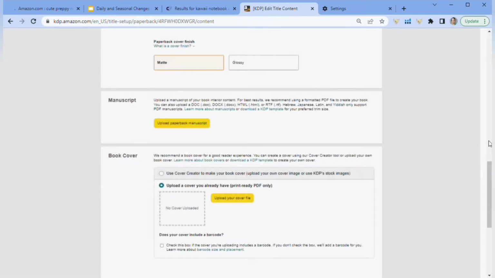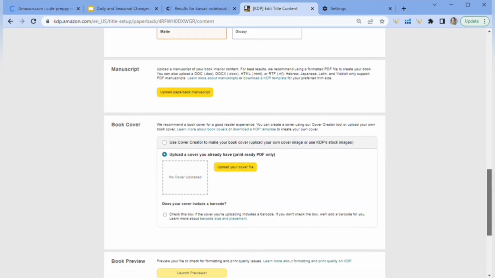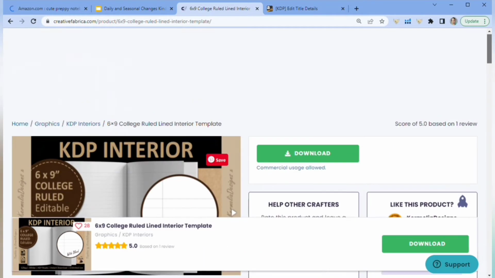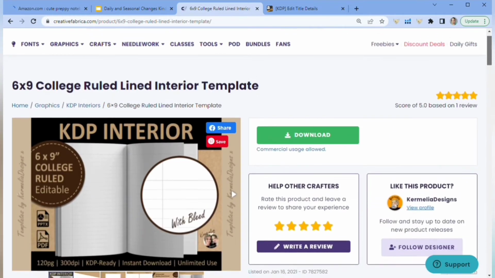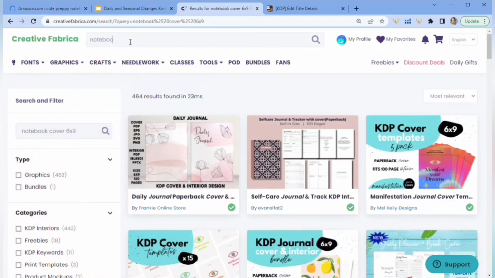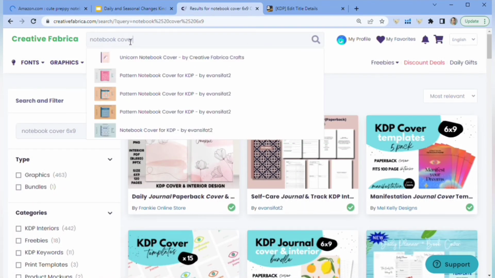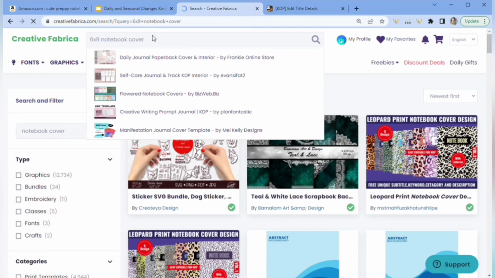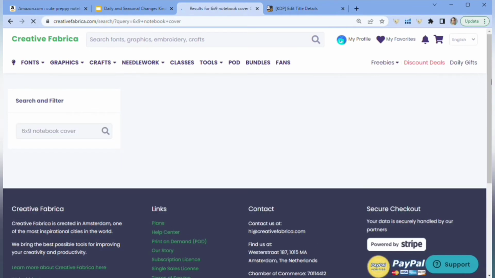And right now I'm just uploading files that I've already done. And I'll show you how I did the cover. Basically, I went on Creative Fabrica and also the interior I found on here. So it's a 6x9 college ruled line interior template. And I downloaded it. And it's really simple. You just download it and then upload it. But for the cover, I do a little bit more. So once I find a cover that I like on Creative Fabrica, or if I create my own,